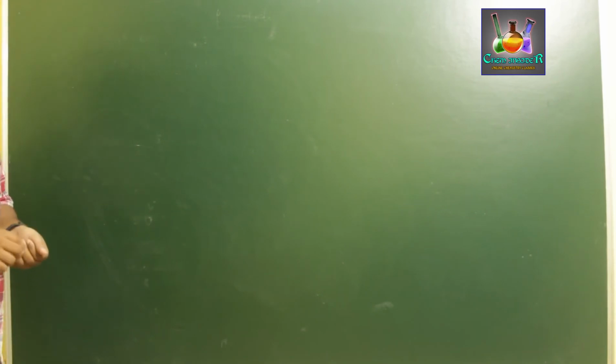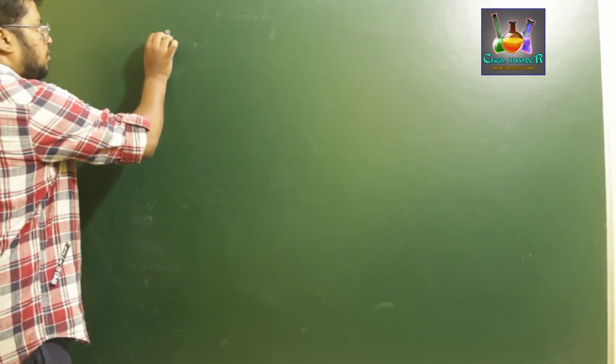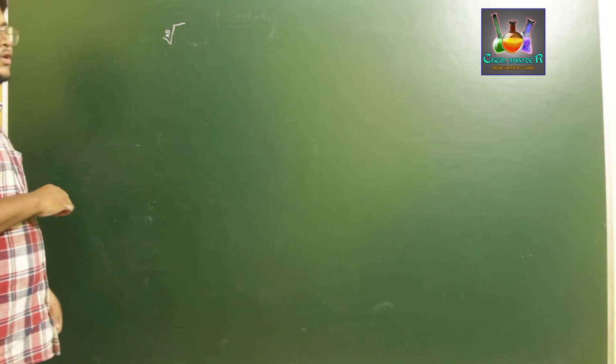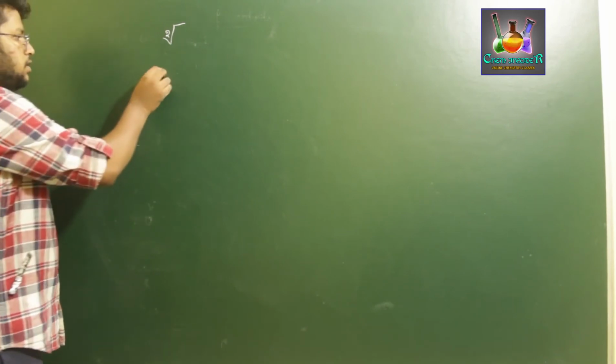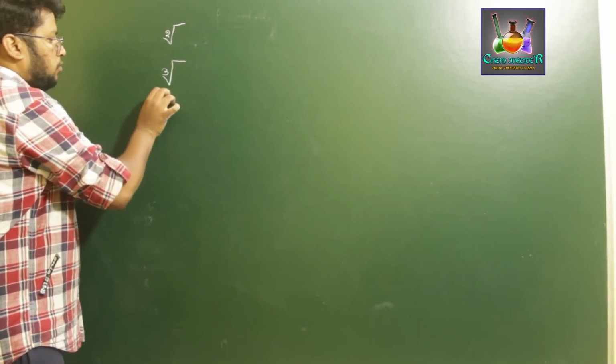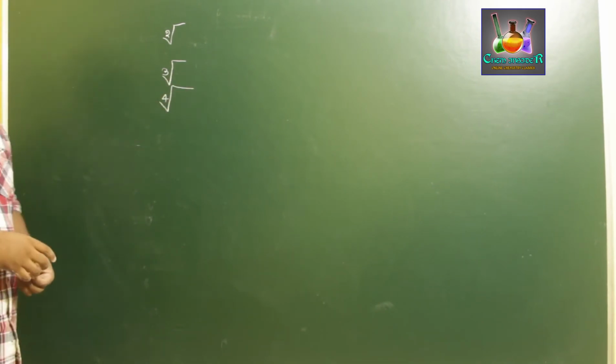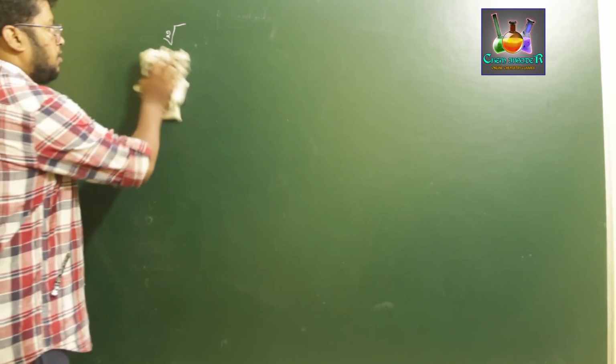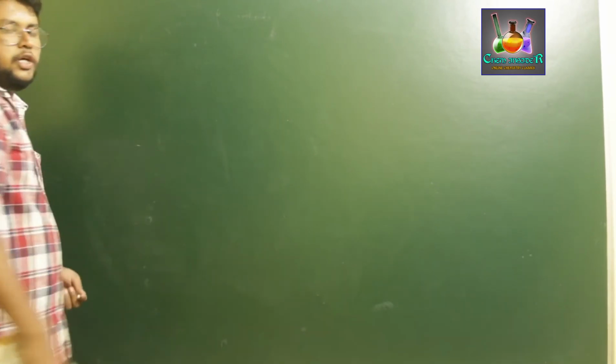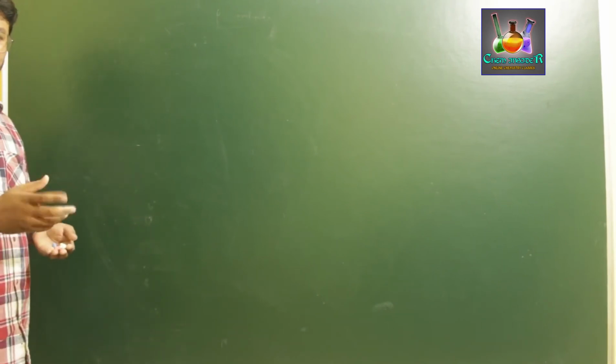In a normal calculator, you just get the function of square root. You won't get the functions of cube root or fourth root of some terms. If you have to find the cube root or fourth root, you cannot do that with a normal calculator. Therefore, we can use logarithmic tables in order to find cube roots or fourth roots of certain terms.